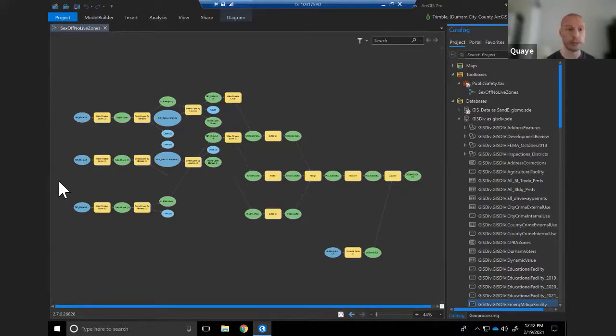The circles that you see here on the screen are representing your data inputs and outputs. Data that is blue is your input, data that is green is your output, but can also be used as your inputs. And then the yellow rectangles are your geoprocessing tools. I'm going to try to zoom in a little bit.